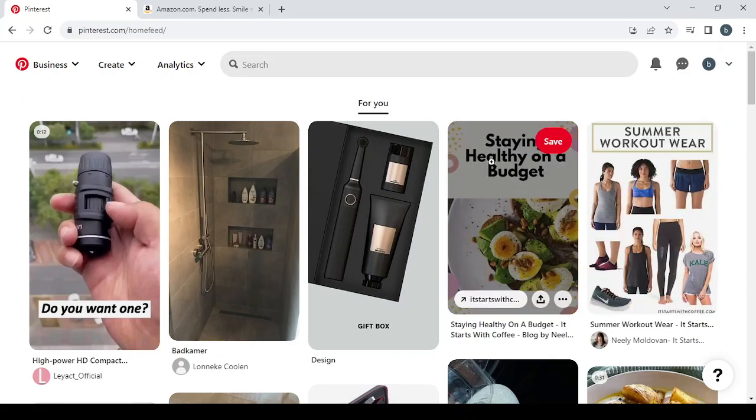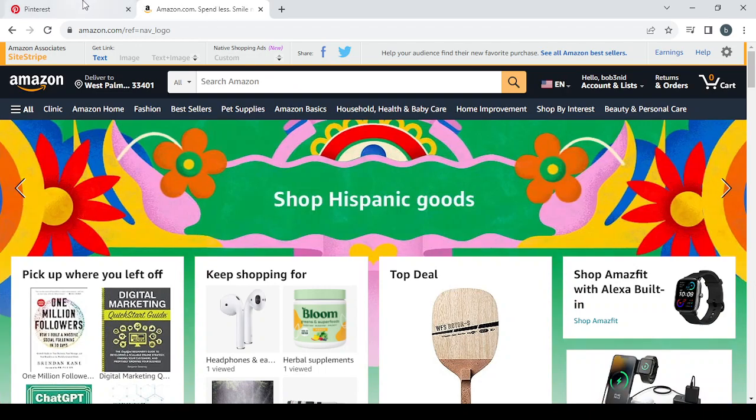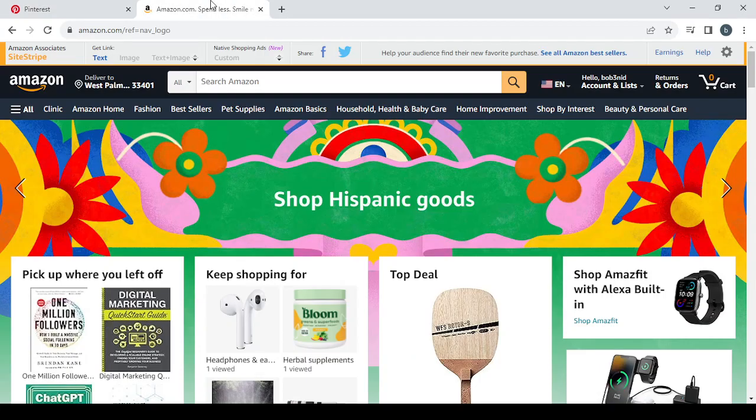So basically, the idea is you choose a niche and you search for posts that are related to that niche, and you select the viral posts, and then you go to Amazon.com. So before that, after selecting the post from Pinterest, you re-upload the posts on your account, and you go to